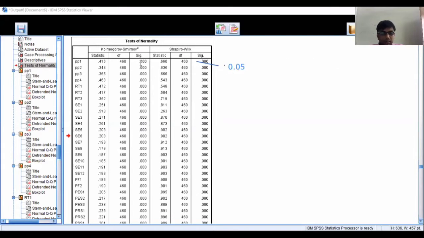Similarly here, this value should be greater than 0.05, whether for the Shapiro-Wilk test or the Kolmogorov-Smirnov test. If it is greater than 0.05, it means that your data is normal.